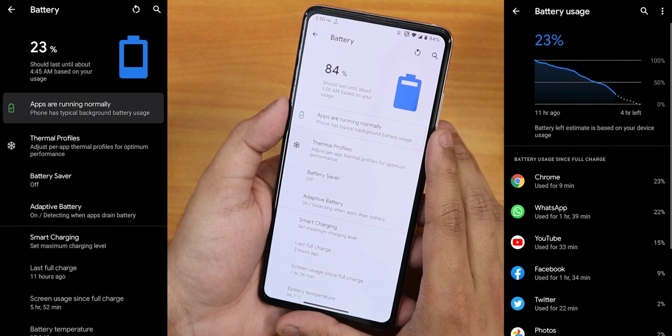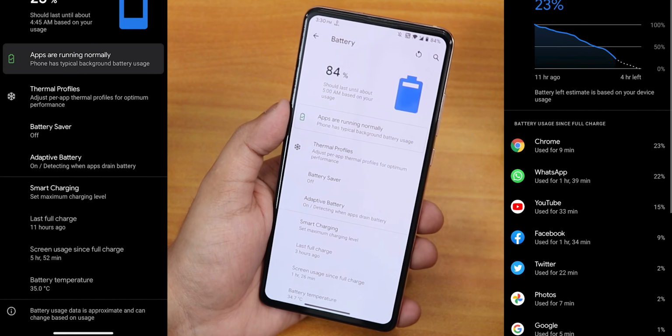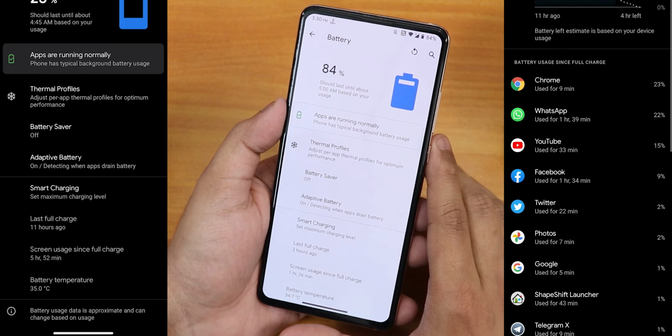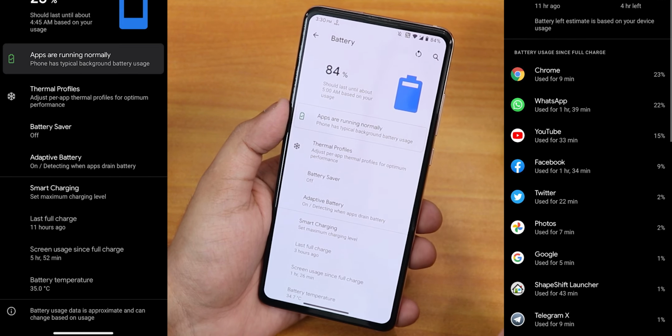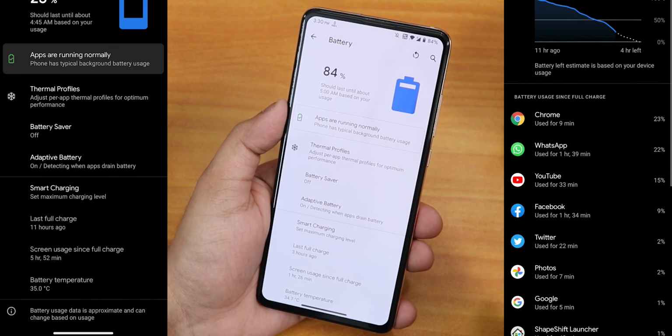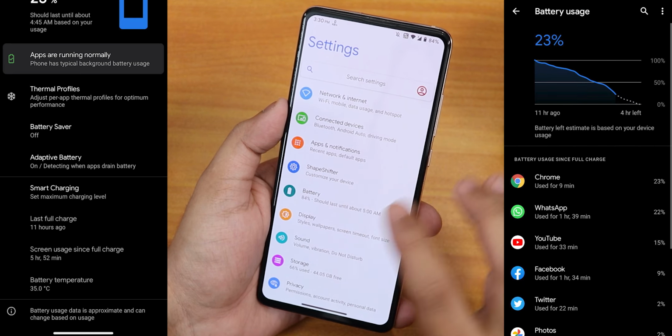Talking about the battery life, you will get good enough battery life in my opinion over here. But if you're looking at my screenshots, I have got about 5 to 6 hours of screen on time because I have used the phone heavily. So yeah, for normal usage, I would say it can definitely drive you about 6 to 7 hours of screen on time, and 8-watt fast charging is also working fine here.